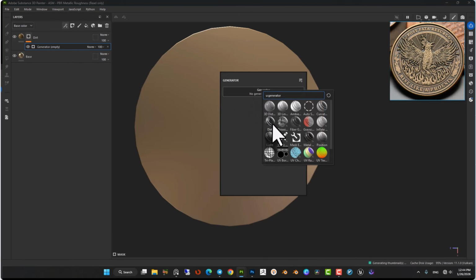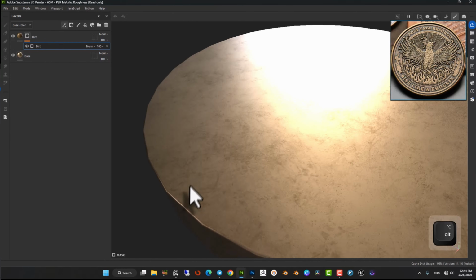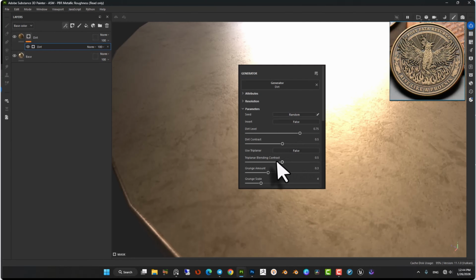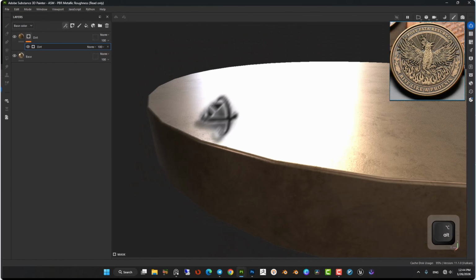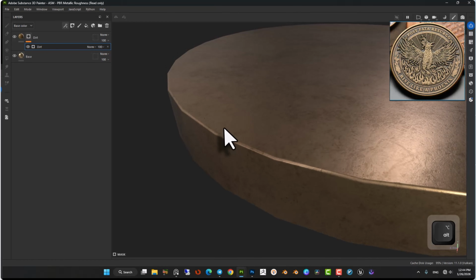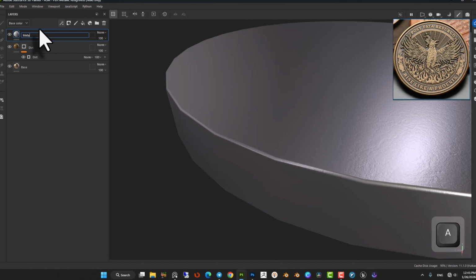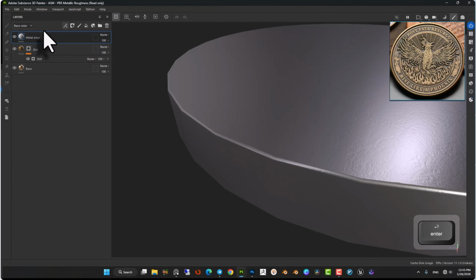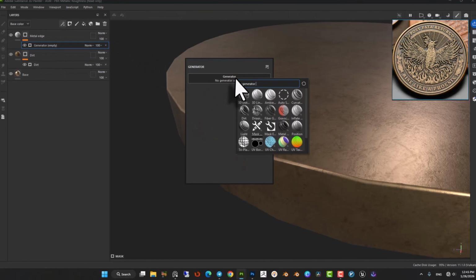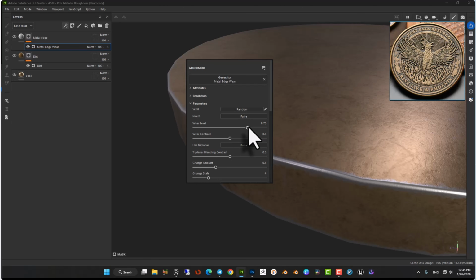As you can see, we have our generator, and I think that's fine. We don't need to change anything for that. Then we need metal edgewares generator, so let's add another fill layer. I call it metal edge, and add a black mask, add a generator, and search for metal edge generator. Okay, let's increase it a little bit like this,